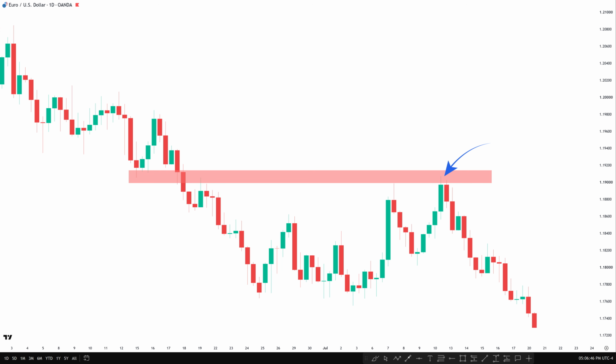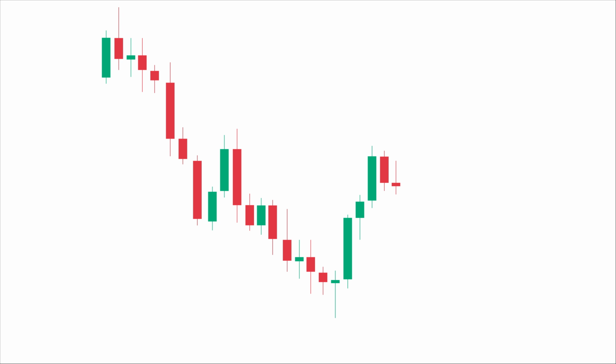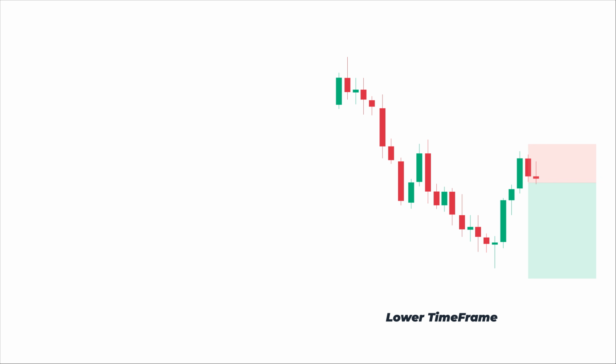The second reason is identifying the macro trend. One of the highest probability situations in trading is when the lower and higher time frames agree. Imagine you see a bearish structure forming on the 15-minute chart and immediately decide to sell. Without checking the higher time frame, you may not realize that this move is only a temporary pullback inside a